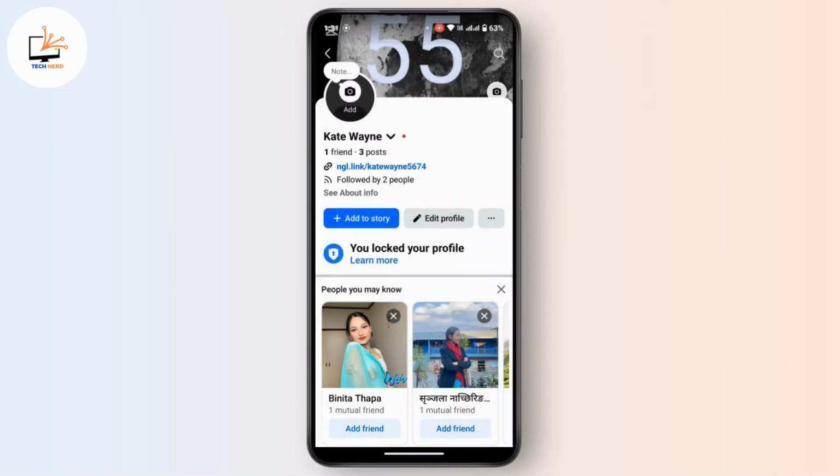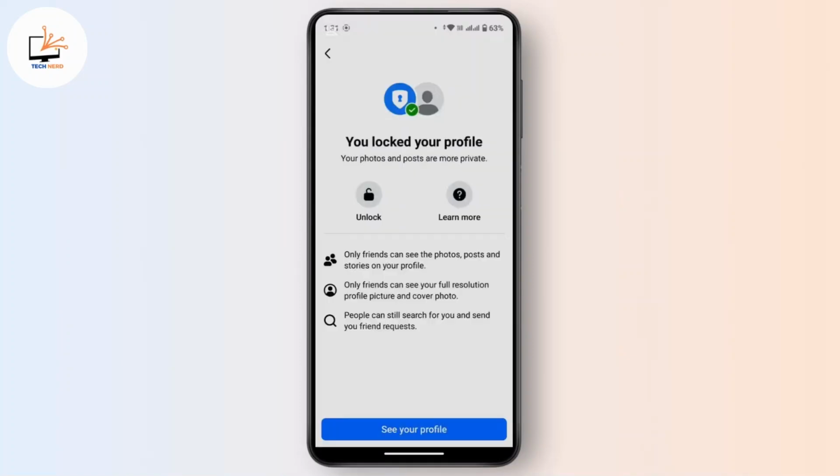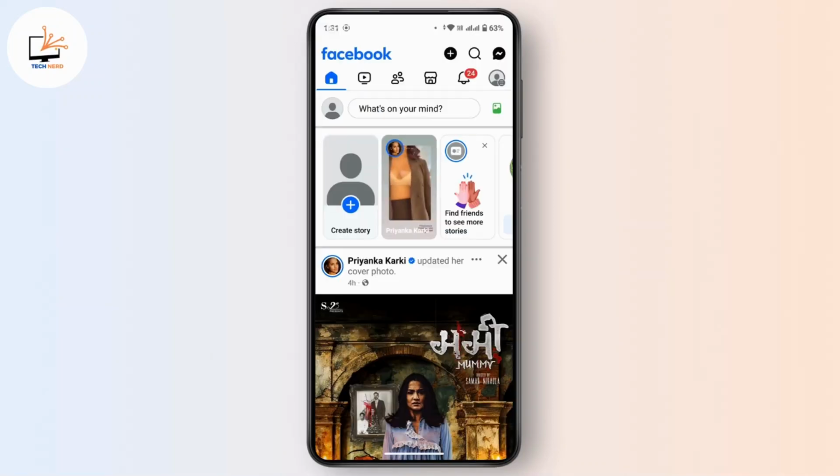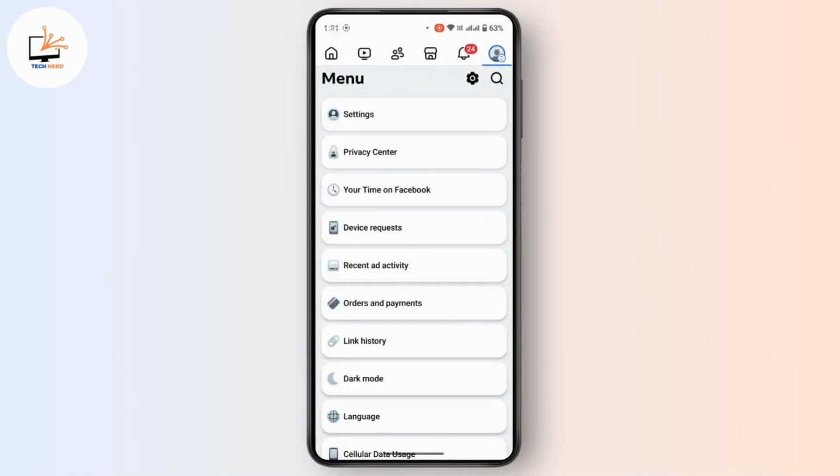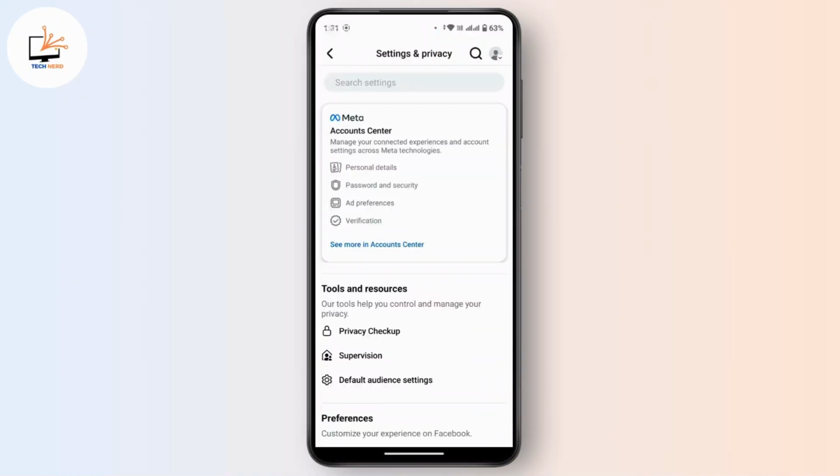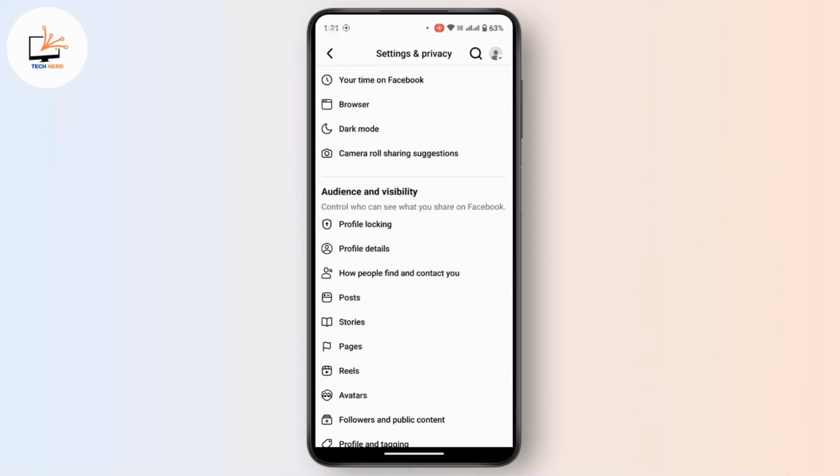But if this feature is not available in your account, then you have to manually configure the settings. So for that, what you have to do is head towards your home page. From here, tap on the profile icon at the top right with the three lines. Here, tap on settings. Once you're under settings and privacy, scroll down a bit and under audience and visibility, tap